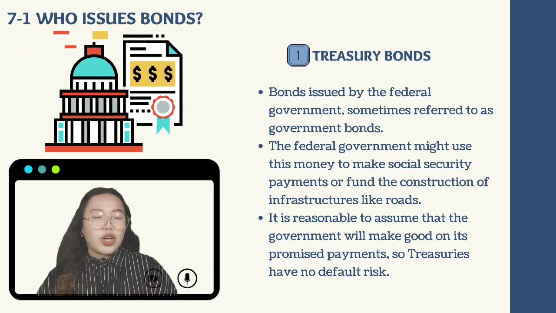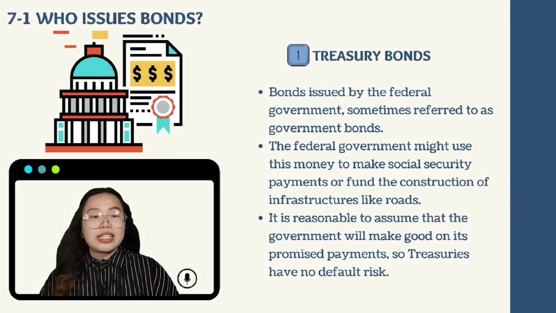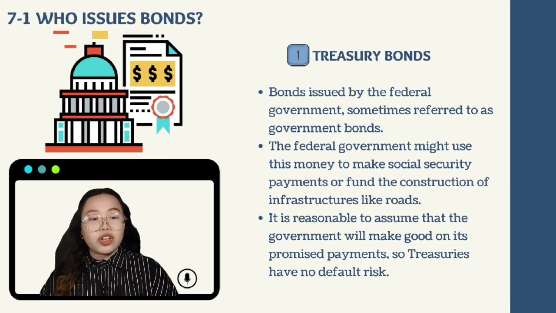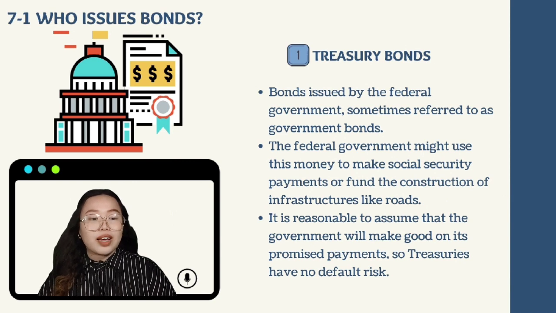Now let's go to our topic, who issues bonds. First, there are the treasury bonds. Treasury bonds are issued by the federal government, sometimes referred to as government funds. The federal government might use this money to make social security payments or fund the construction of infrastructure like roads. It is reasonable to assume that the government will make good on its promised payments, so